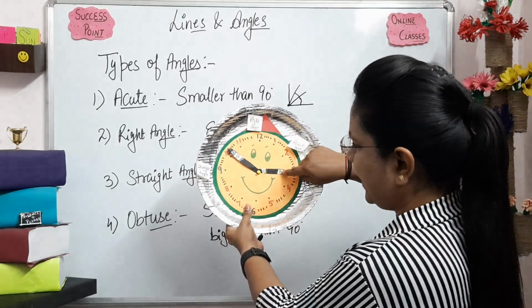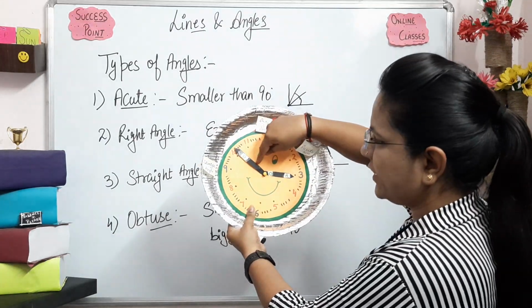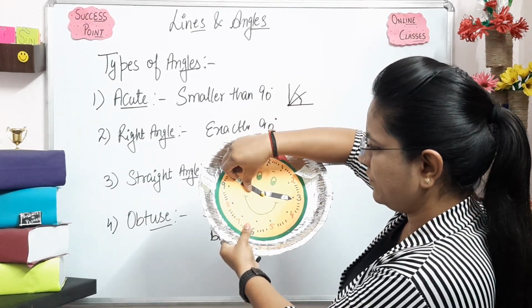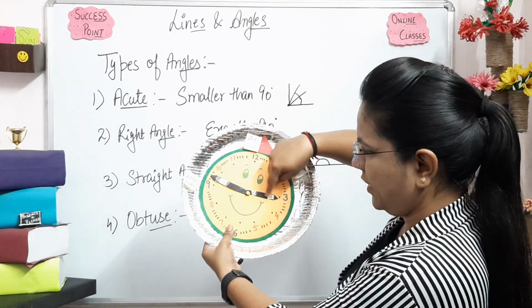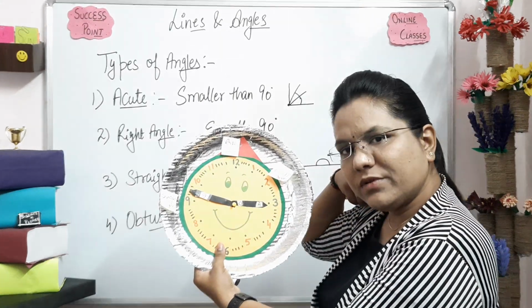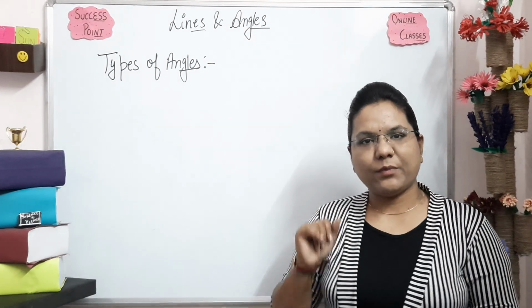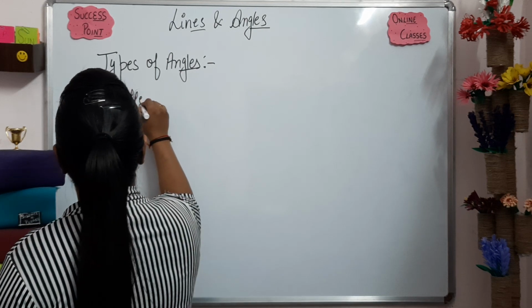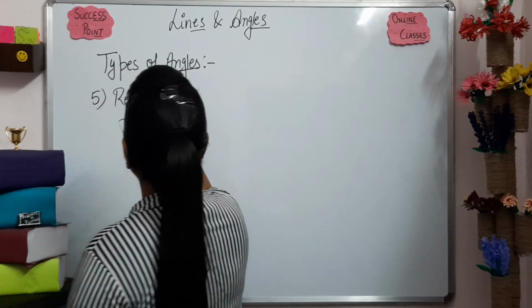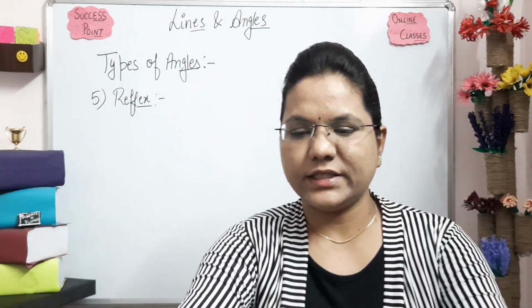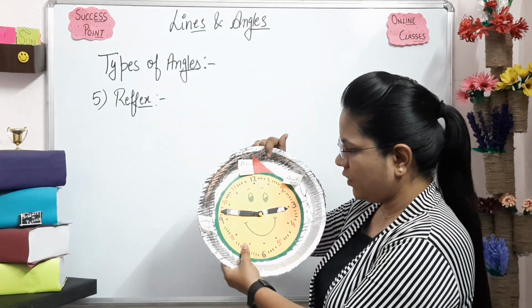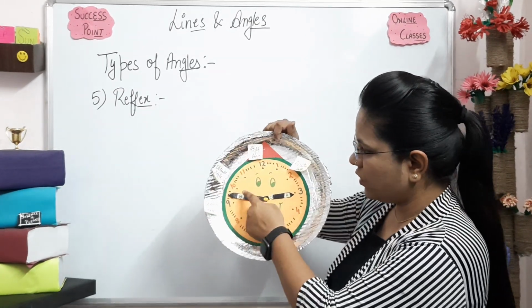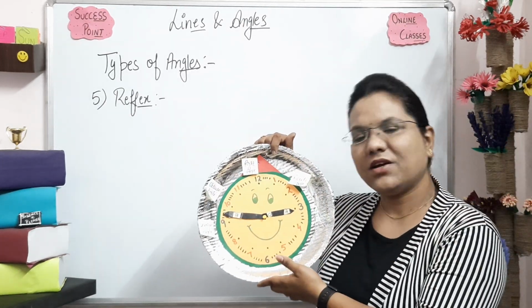Now if we check AOB, this angle is an obtuse angle. Now what about this angle? AOB. This is also an obtuse angle. Now moving to the fifth type of angle, that is reflex angle. So what is reflex angle? Okay, let's understand using clock. Okay, categorize it as obtuse angles. So all the values in between we will call obtuse angle.